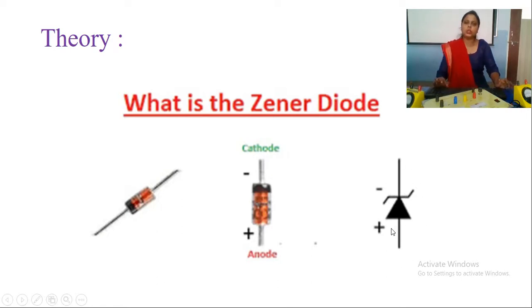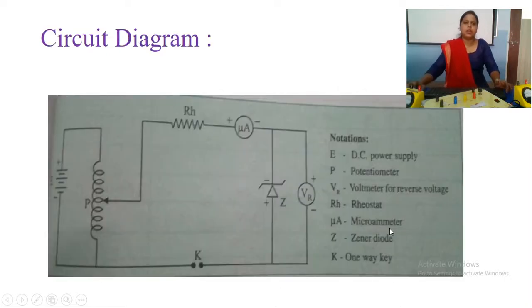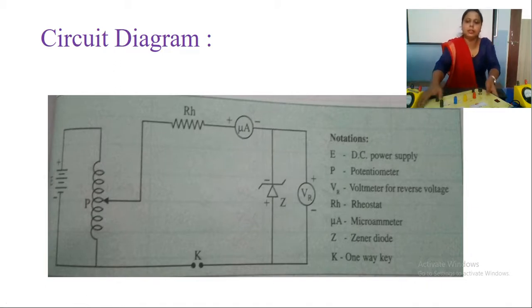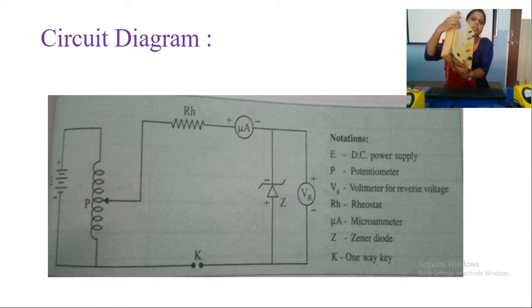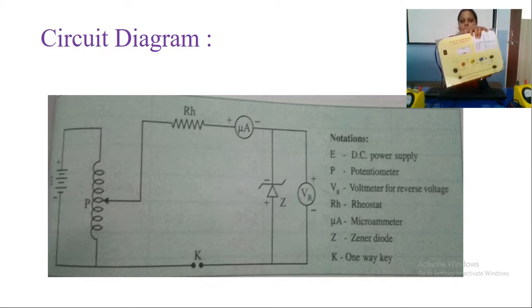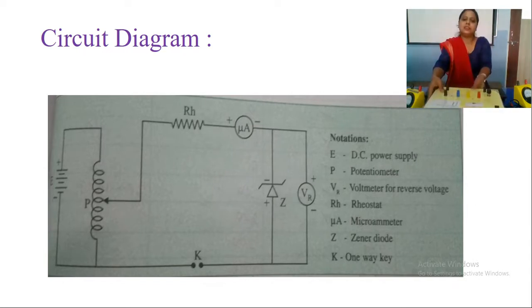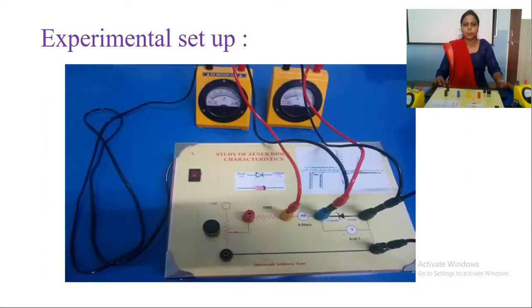Once you know the anode and cathode, let's see about this circuit diagram. Now this circuit diagram is very easy. In that circuit diagram, as you can see, voltmeter is connected in parallel, microammeter is connected in series. After that, the similar is with this kit. You have to write the circuit diagram only for writing, but here you have the available kit. So this is the real experimental setup.